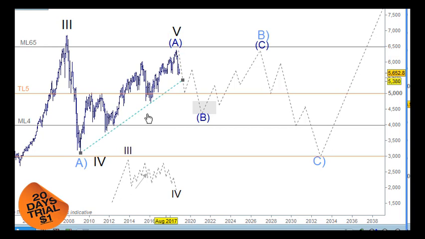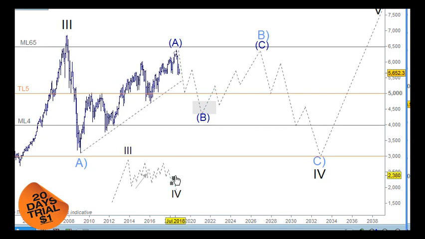So we haven't made a top here, and we've got a top in place, and that's possible. But seeing a truncated 5th wave at this degree of structure is very unusual. It's like we haven't seen this since the 30s or 40s. But it's possible. So then we're stuck with, well, we've got 5 waves up here. So we could have these 5 waves up here as wave 1, and then we have an A and a B and a C back here into this space for wave 2, and then we just go straight up here for wave 3 up this space. So that's possible as well, but we just need to see about that.